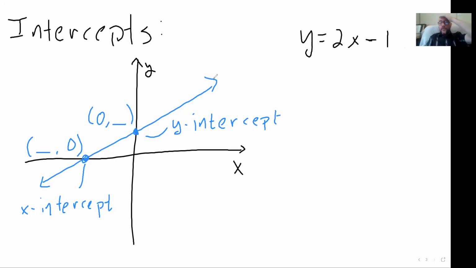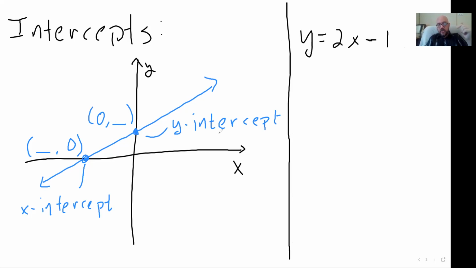That's not this line, by the way. This is just a separate line. So maybe I should separate that off like that so it's clear that this line is not that line. So y equals 2x minus 1. I can find the x and y intercepts by using this